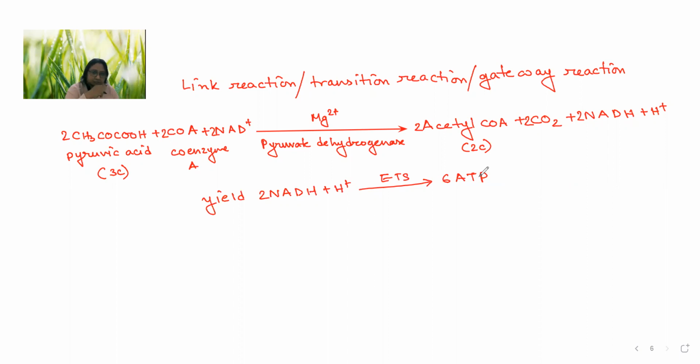Plus 2 NADH, H plus. So that will be 6 plus 8 plus 6. Till now, this is the probable formation of ATP. So you have to look into the question asked in the examination, what they exactly want to ask, and depending on that, you have to give this answer.